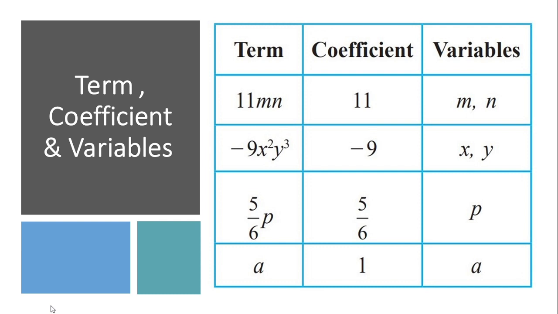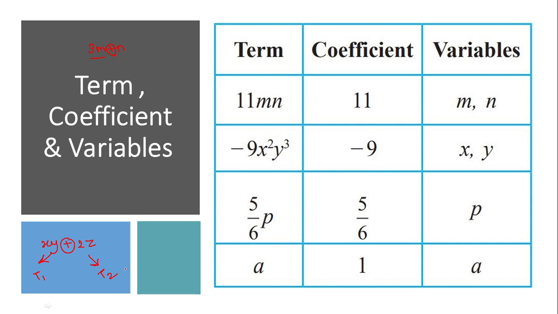Then after that, let's learn the terms, coefficients and variables. What exactly does this term specify? Now here we have 11mn. Like in the last example we had 3m plus n. So what will it be? 3m will be one term and n will be another term. Terms are separated with the help of a sign. Suppose here we have xy plus 2z. So here in between a plus sign is there. So what is it? xy will be one term and 2z is going to be the other term.